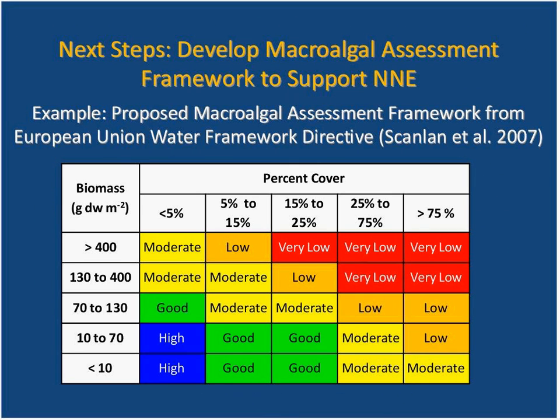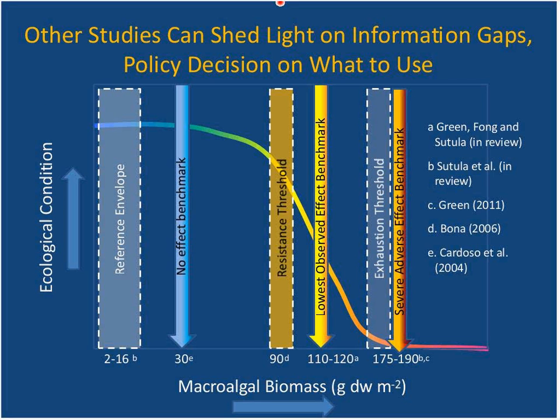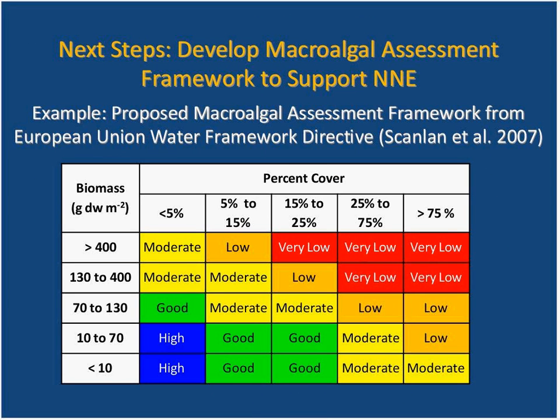Okay, so what are the steps? If you go back for a second, we've now synthesized this information on thresholds. There are a lot of things that need to be considered as well, but essentially the next step is to develop a macroalgal assessment framework. I mentioned there are three components: one for seagrass, one for tidal flats and subtidal habitat in open estuaries, and the third is a macroalgal component for closed estuaries. What we're working on next is this for intertidal flats,